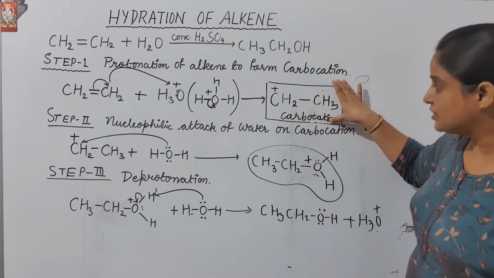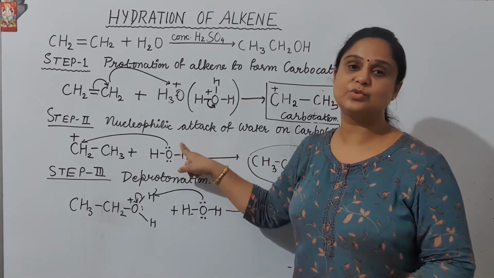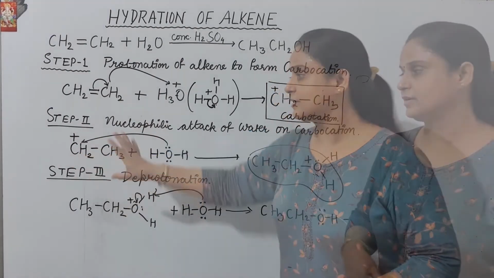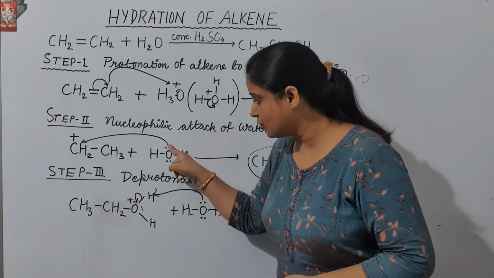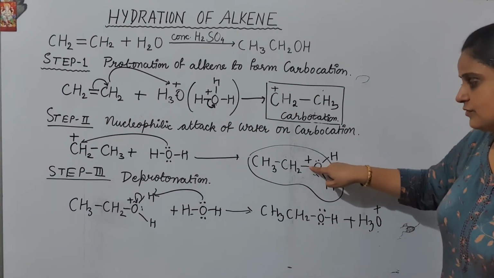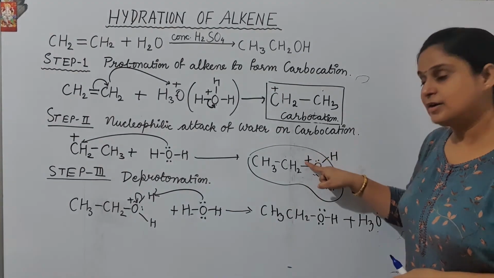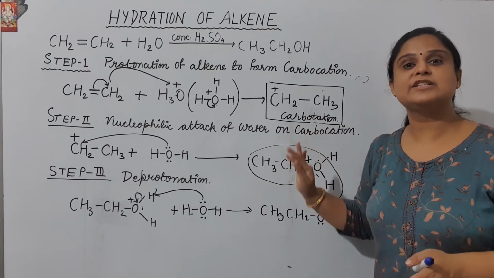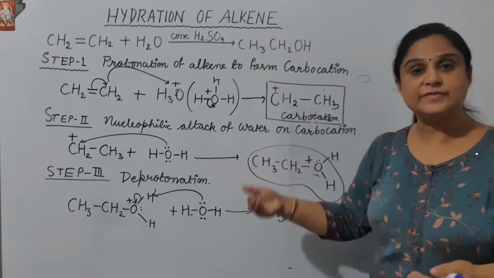Once this is formed, now this is going to be helped out by water molecule. Why water molecule? Because water molecule is having these two lone pair, and this is going to help this CH2. This is going to attack with it. I flipped the molecule here, so the formula becomes CH3CH2. So this oxygen is converting in lone pair. It is keeping it in between the carbon, है ना, and oxygen. So this is going to keep its electron with the carbon and oxygen. Now just because this oxygen is having three bonds, it is acquiring positive charge, and just because it is positive charge, it is not satisfied. So it is in the mood to release this H plus ion, because if this H plus ion is out, this will get converted into a satisfied compound, that is alcohol.